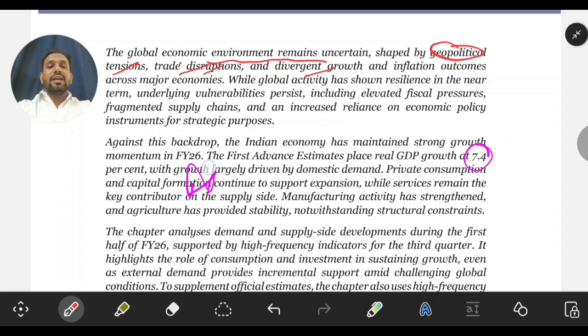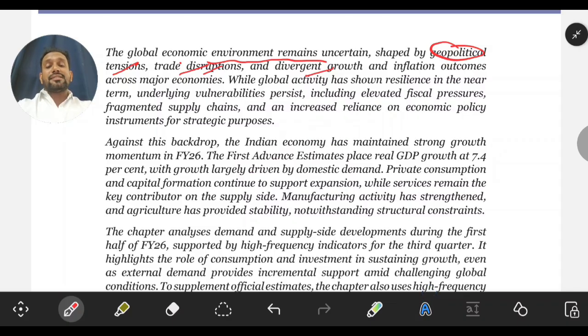Why are we saying advanced? If there is an increase or decrease, then we will again change it to revised advanced estimates. So right now the advanced estimate is 7.4%. And this particular 7.4%, if you are unaware of this fact, is better than the world average growth rate. Remember this point. We are doing a lot better with regard to the advanced economies. We are doing literally well.